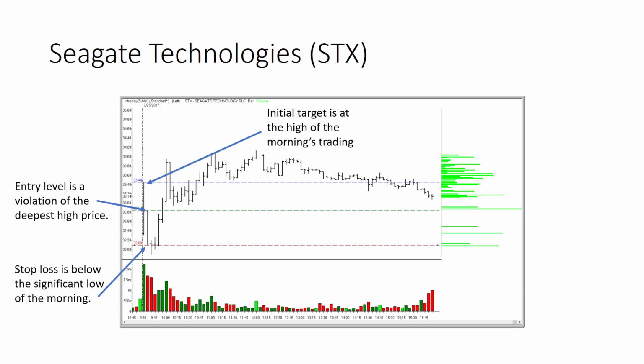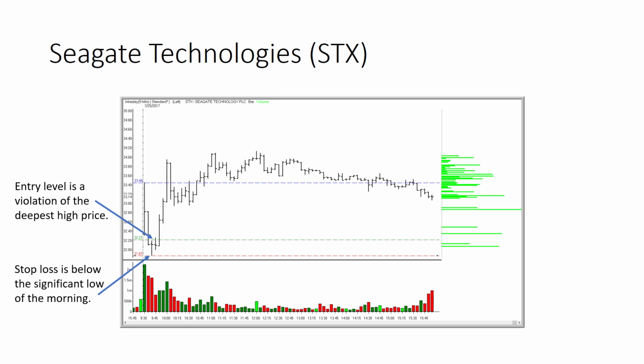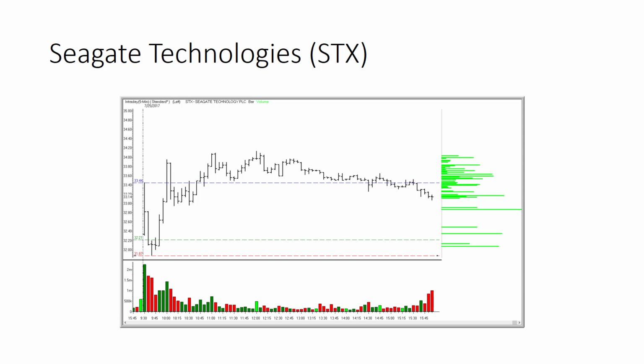So in this first 10 minutes of trading, the reward to risk ratio would be a little bit out of whack and would prevent me from taking a trade if the third bar was going to come and trigger that entry. But it doesn't. What it does instead is form a new low and a new lower high. So now our entry is a violation of this bar, and our stop is below the low of that same bar. And now look at my reward to risk.